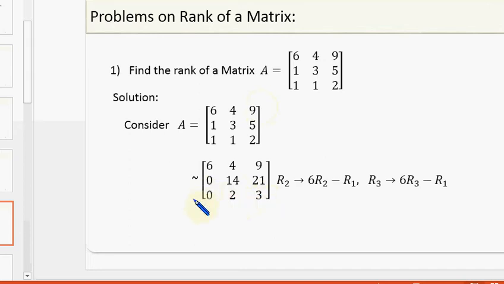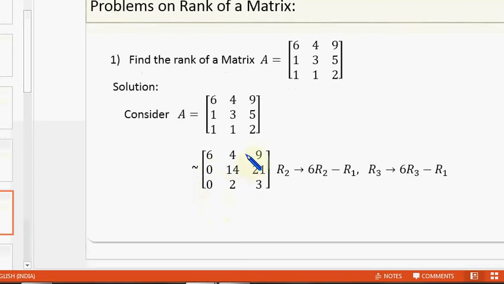One thing to observe is that whichever leading element we are using, we should use only that element to make the elements below it 0. Next is 14; we won't use R1 here. We use R2 only to make the element below it 0. Similarly, the leading element is 6, and using this only we make these two terms 0. We won't operate R3 with R2 at that stage. Whichever is the leading element, using that we make the elements below it 0. Carefully observe.